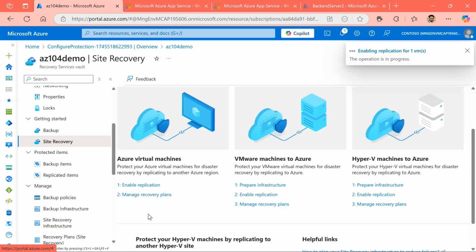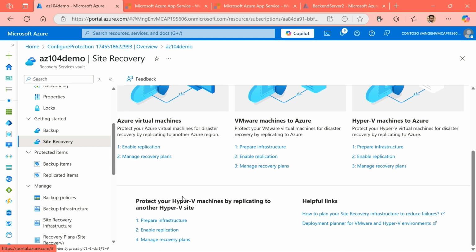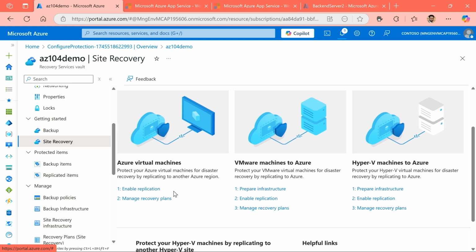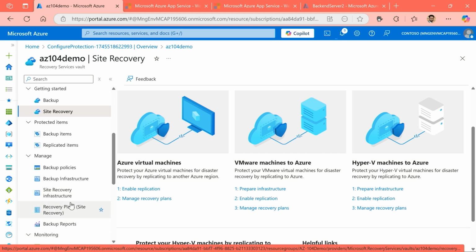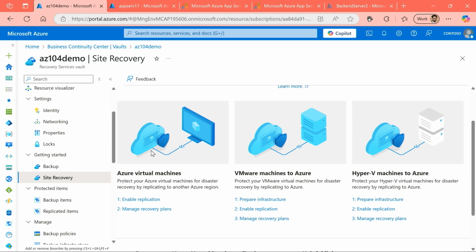All right, seems like it's created the deployment, and it's enabling the replication for that one virtual machine that we have. I should be able to go and look at some of the details around this over here. As we've enabled the site recovery, this will take some time to complete. So in the meantime, what we can do